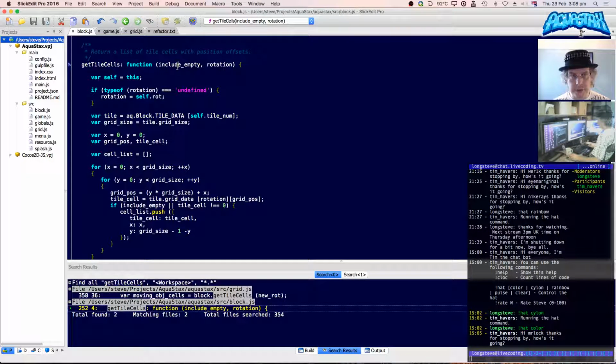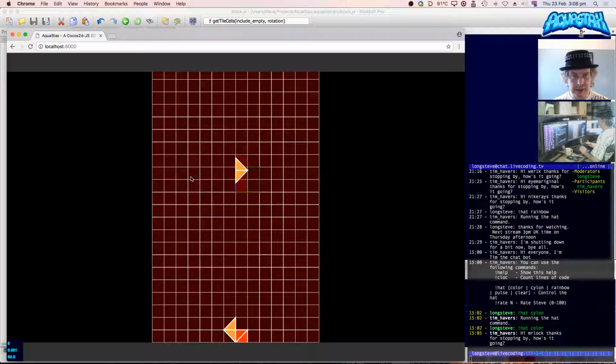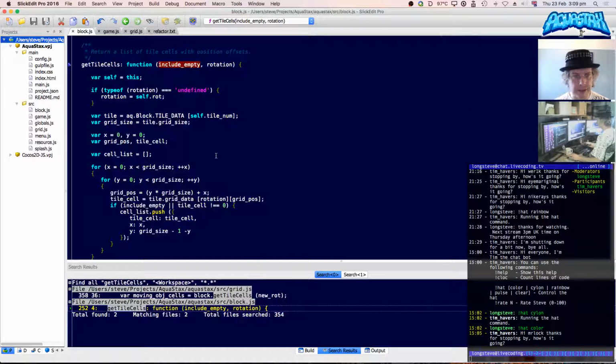What I think this was for was so that I could just not include the empty ones, so only cells which actually have a triangle in them get returned by that function. And then when it's passed to the collision testing, we're only testing cells that actually have something in them. It's kind of like just getting rid of the 0 before it does anything.